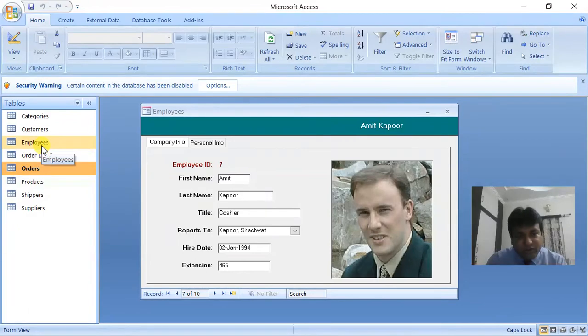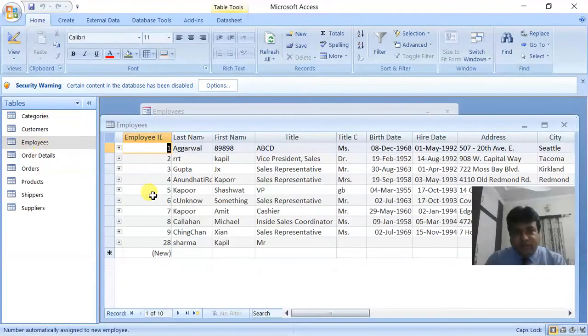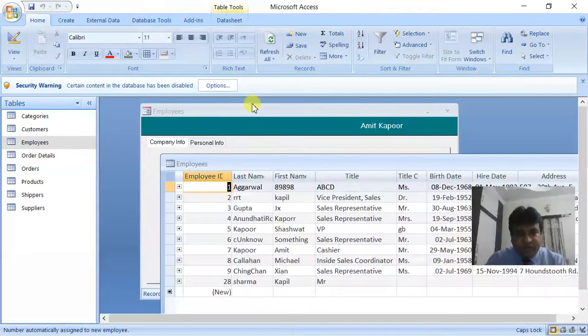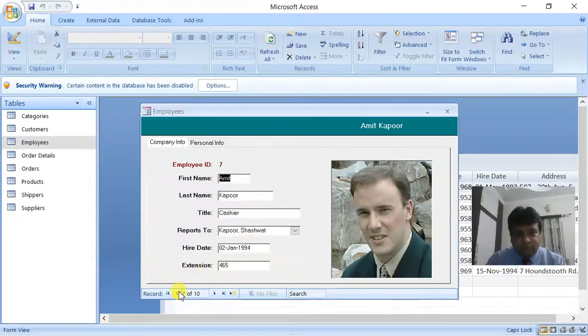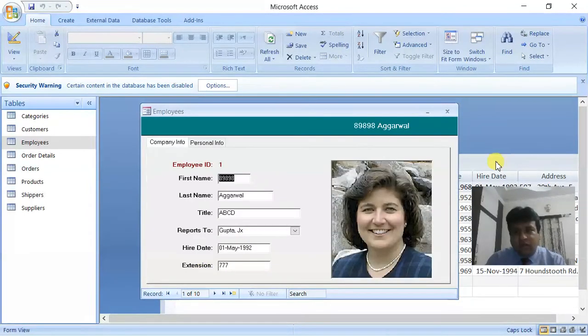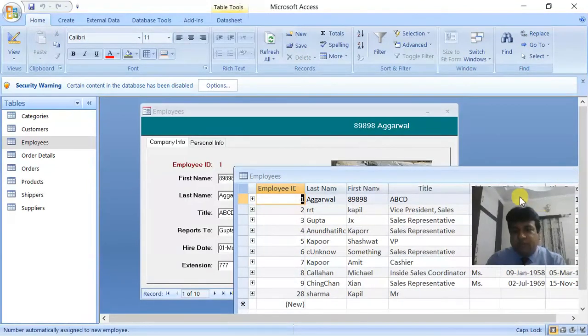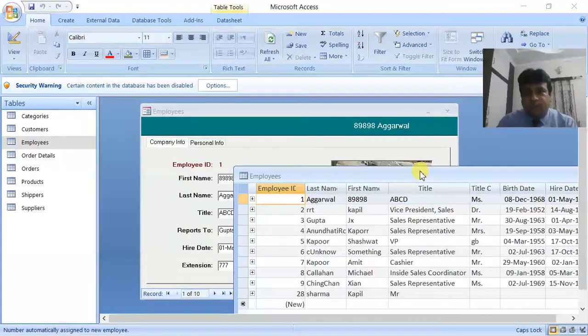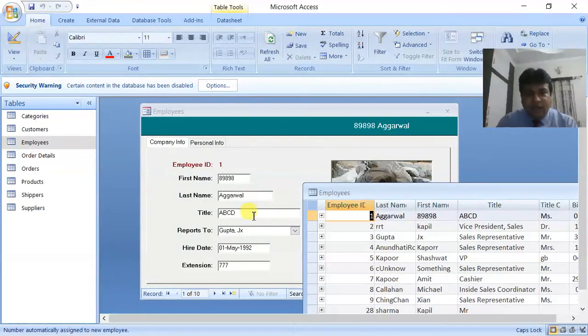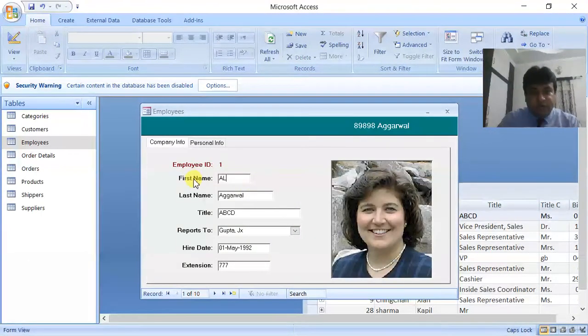Now if I show you the employee table, you can see this data which you are seeing here. Let us go to the first record. Now you can see here this Agrawal ABCD, it is coming here. Now suppose I change it here. I type, suppose, Alka, okay, and I change it.